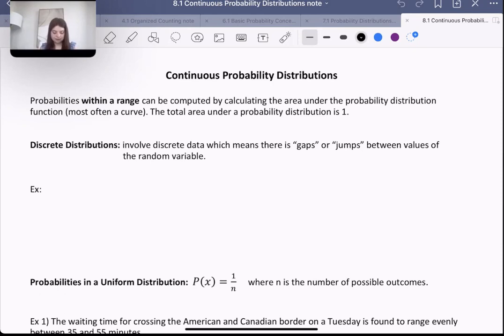So here it says probabilities within a range can be computed by calculating the area under the probability distribution function, often a curve. The total area under a probability distribution is 1. Now, what is the difference between continuous versus discrete probability distributions? Well, discrete distributions